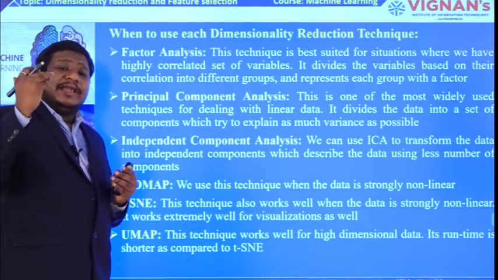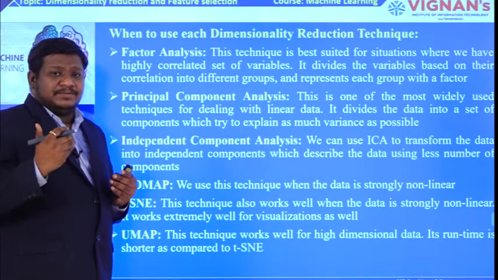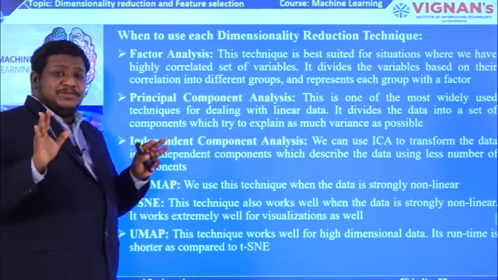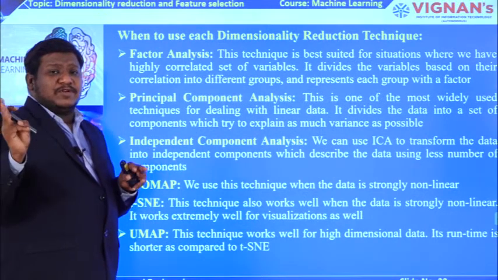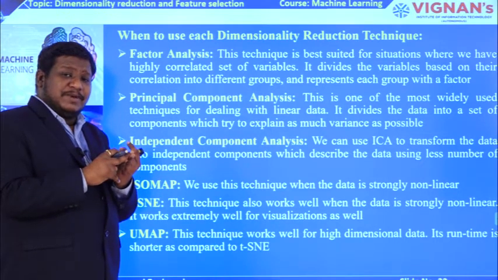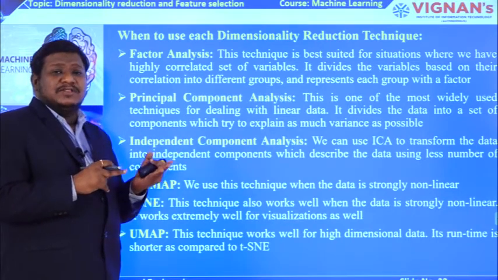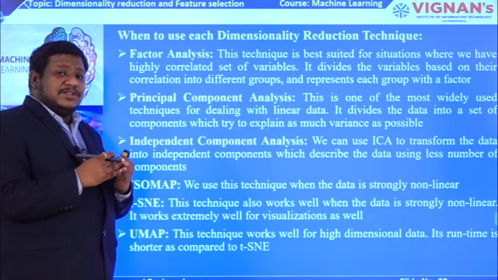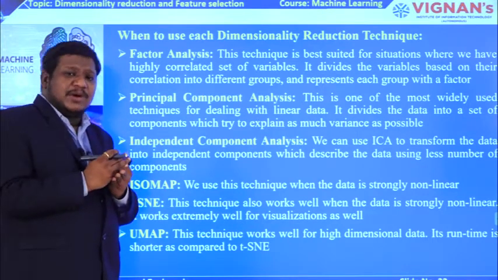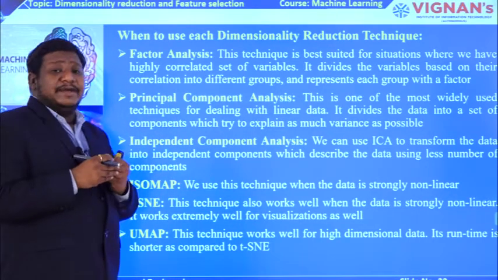That means we are trying to reduce the size of a data set without compromising the performance of the model. That is the basic logic we use in dimension reduction, and it can be done with three types of models. One is the feature selection model, the second is the component-based or factor-based model, and the third is the projection-based model. By using these three types of models, we can reduce the dimension of a data set. Whether the data set is linear or non-linear, both types of data sets can be processed using these dimension reduction models.